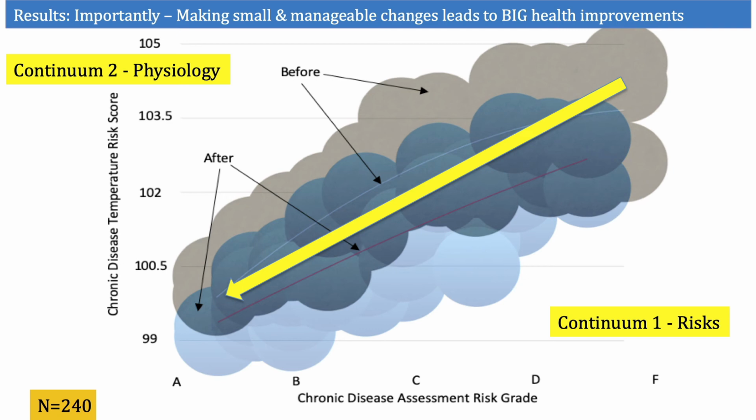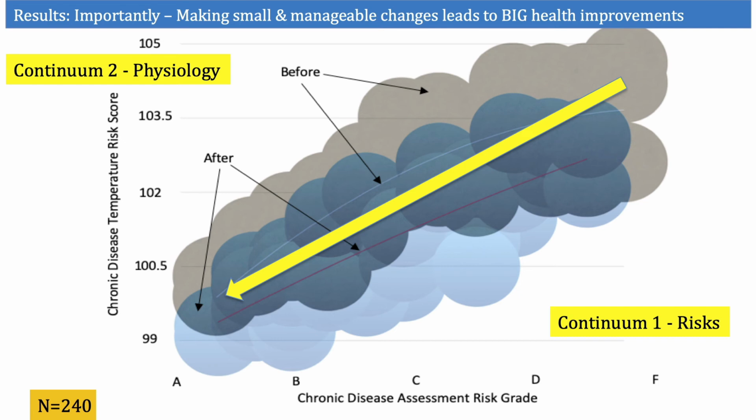We published one on a group of 70. Now we're publishing on a group of 240. And what we show is Continuum 1 risks. We give a risk score, a letter grade for what we call your risk portfolio. And when we simply move you down that risk portfolio by eliminating simple, small, easily manageable, and embraceable risks,